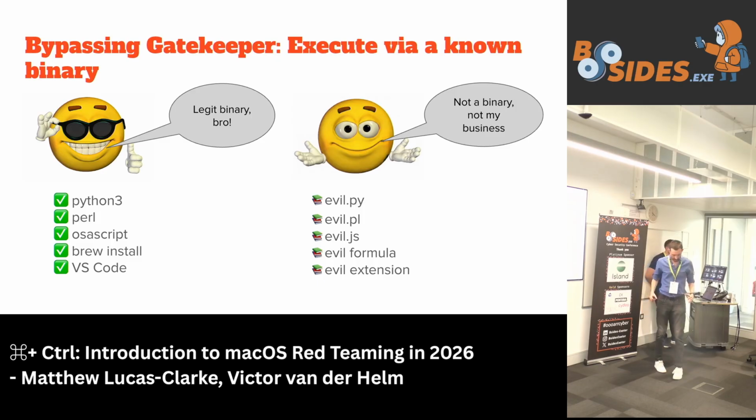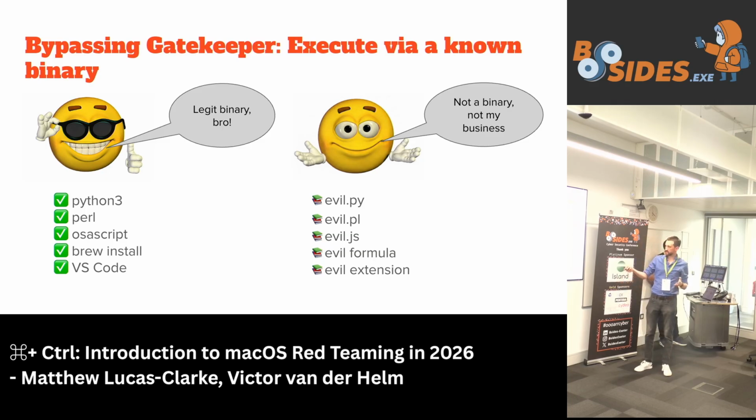So just another Gatekeeper bypass method, and one that is actually going to work for you potentially, is using scripts. Gatekeeper really at the moment is focused on auditing binaries. Scripts are text files, so Gatekeeper does not care. You don't need to get your script signed and notarized in order to run it. And so these are becoming more and more interesting for macOS malware.